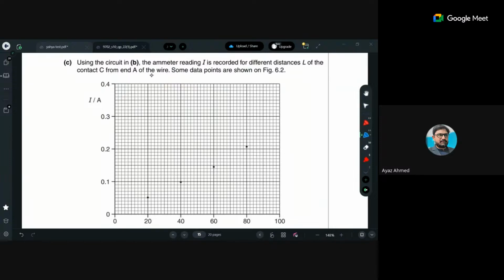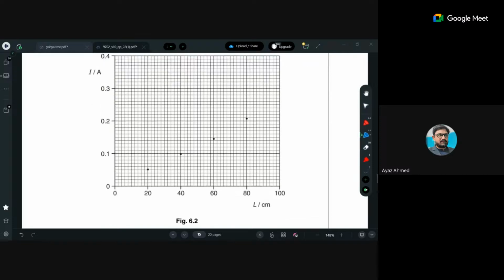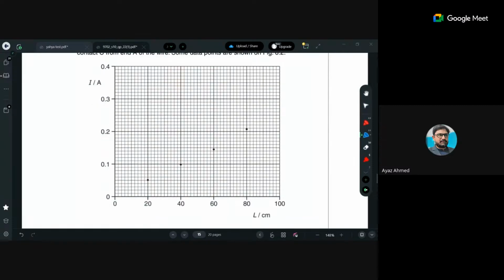Yes, end A of the wire. Some data of the point is shown in the figure. So basically, this is the current in the 5 ohm resistor, and this is the length of the wire. So that is simple. You have to manage that this graph is between the variation in the length and change in current in the ammeter, which is in parallel with the wire. Okay, so what is